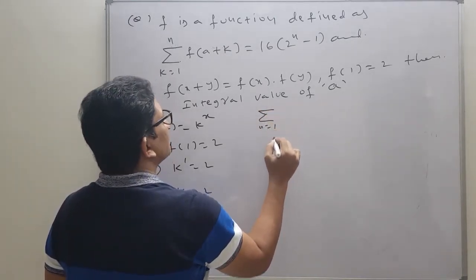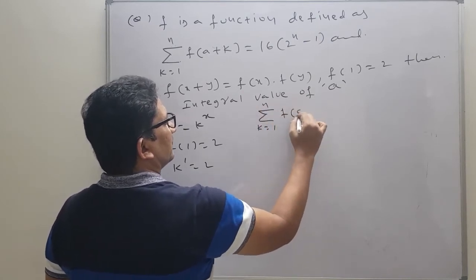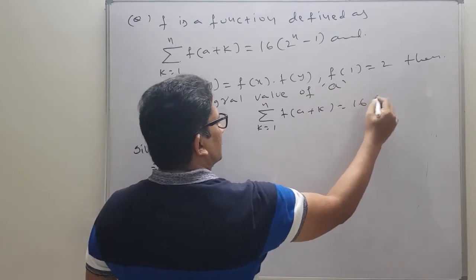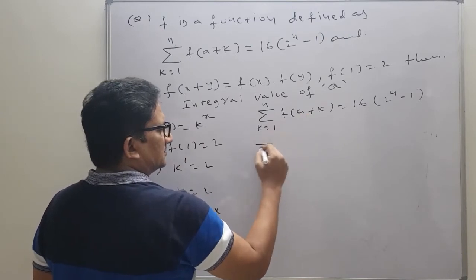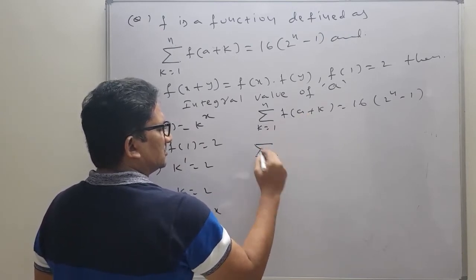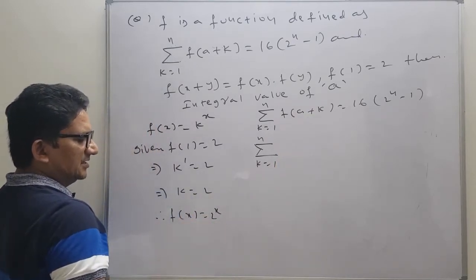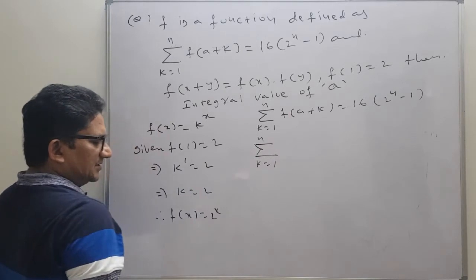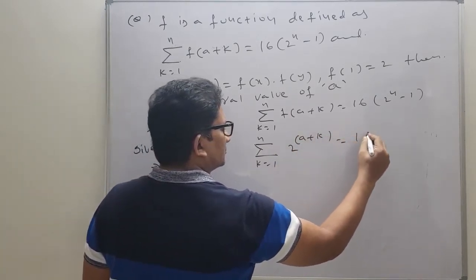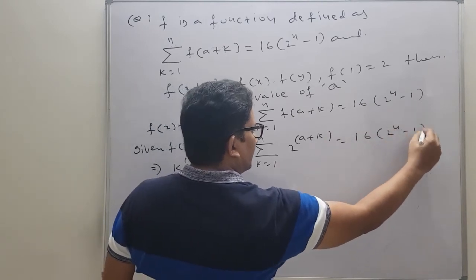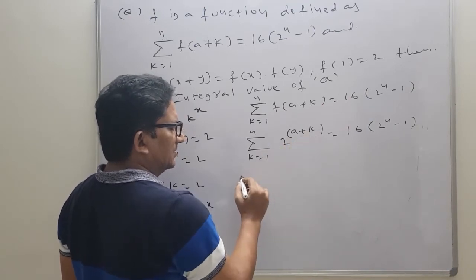Sigma k equals 1 to n, f of a plus k equals 16 into 2 to the power of n minus 1. So now sigma k equals 1 to n, f of a plus k, according to this we can write f of a plus k, that is 2 to the power of a plus k, equals 16 into 2 to the power of n minus 1. Then if you substitute the values of k, we will get a structure like this: